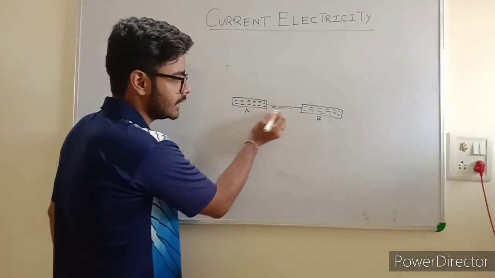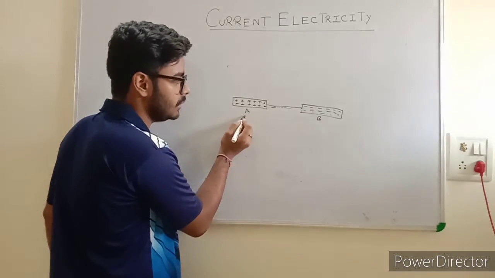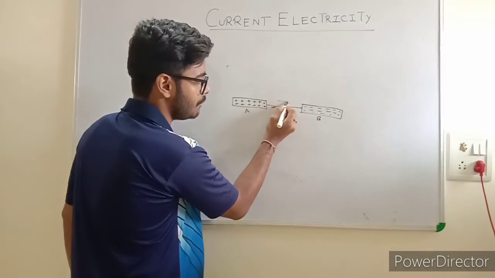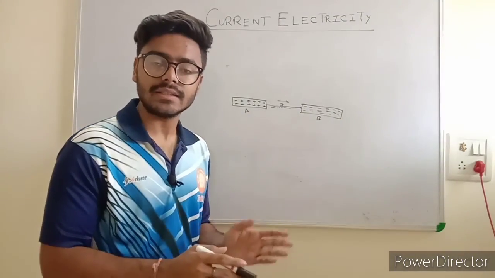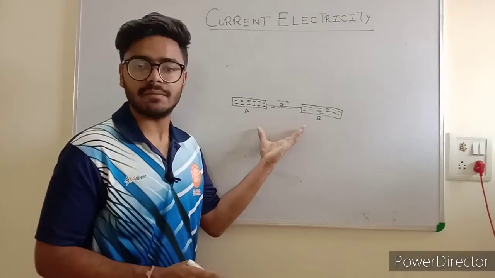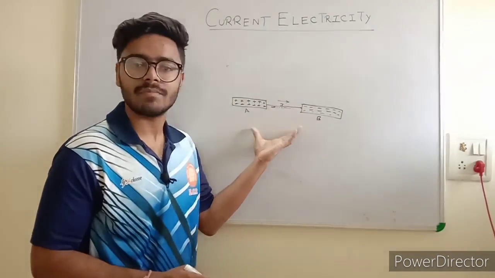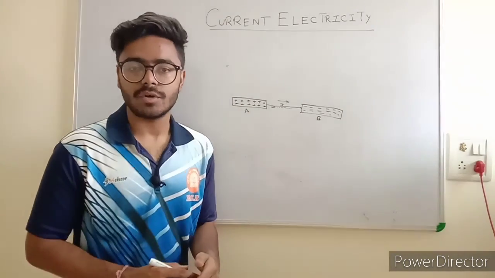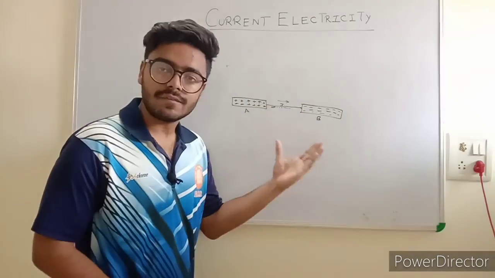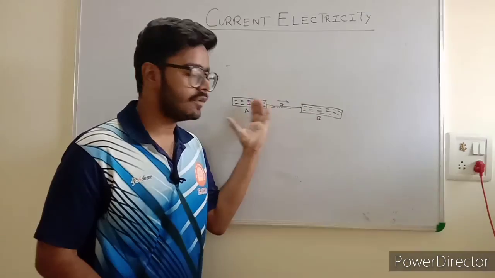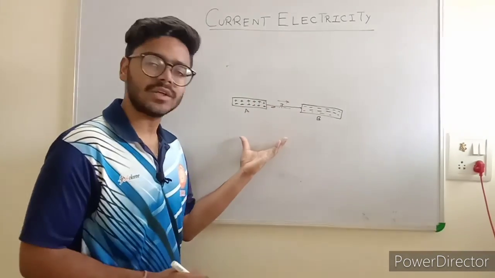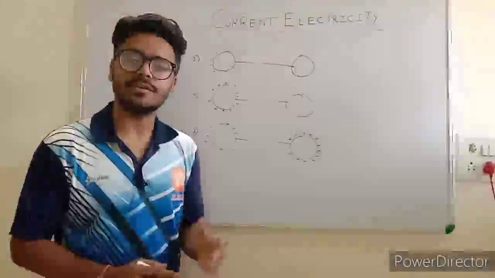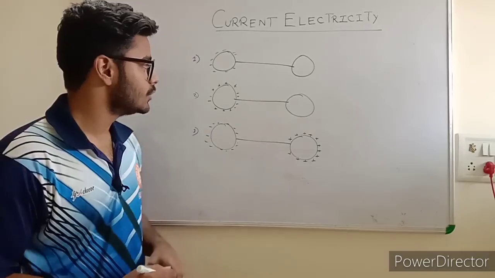As the electrons move from point B to A, the current will be opposite. The movement of electrons will continue only until the potential is the same. As the potential becomes the same, the electrons will not move to the positive side. So if we want a flow of current, we have to maintain the potential difference. If there is no potential difference, there will be no current. This is to help you understand the flow of current.